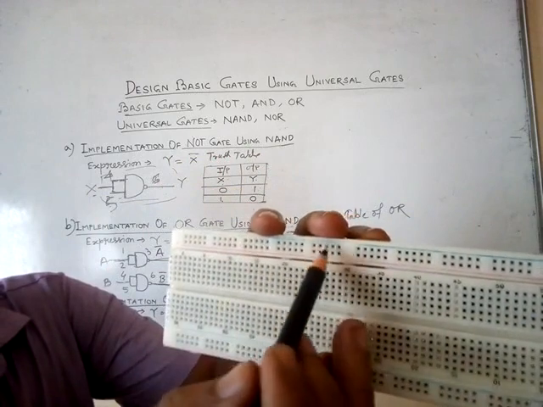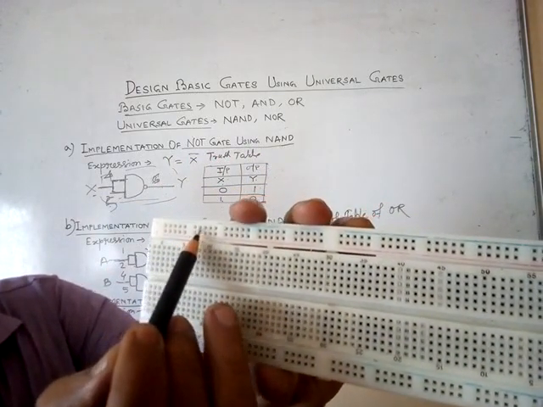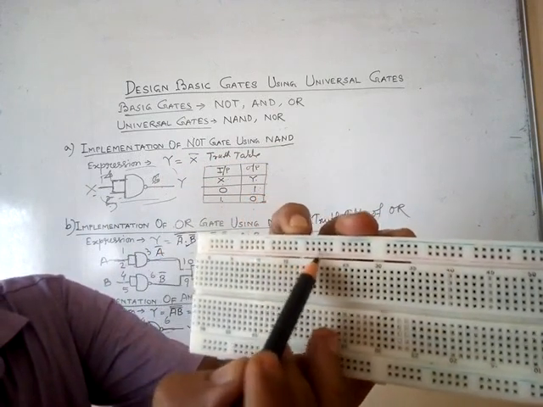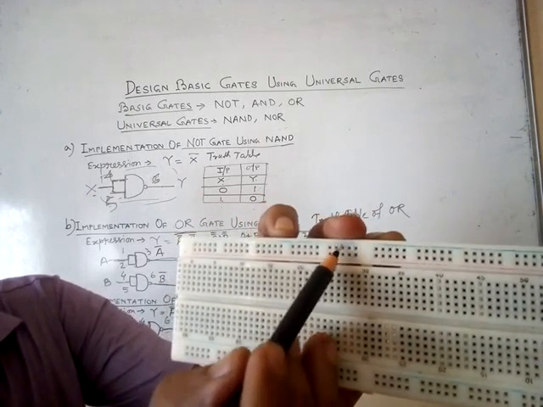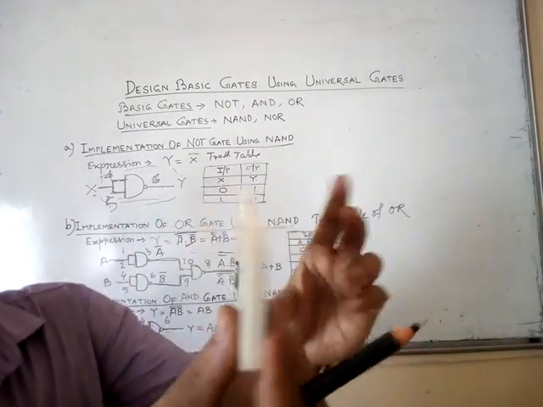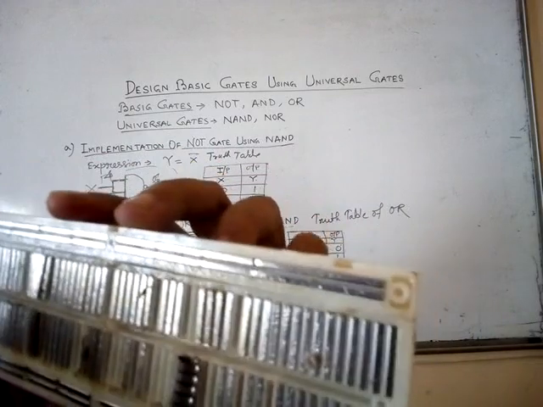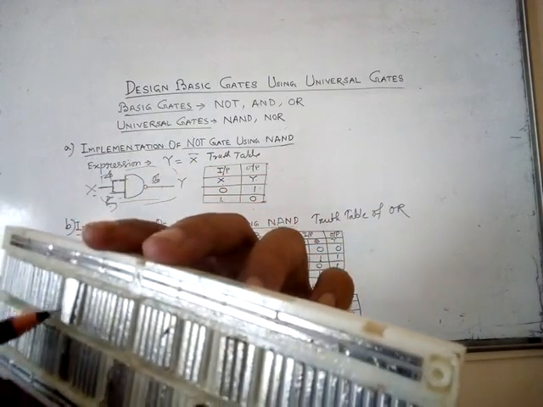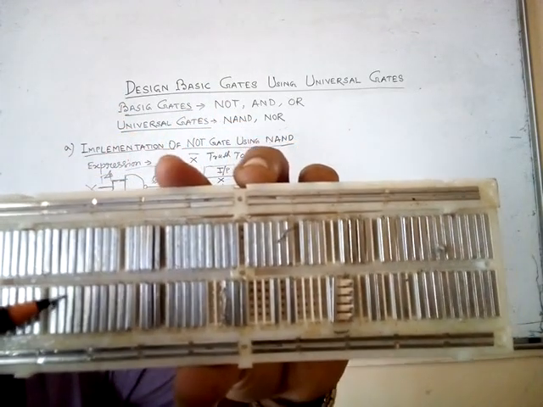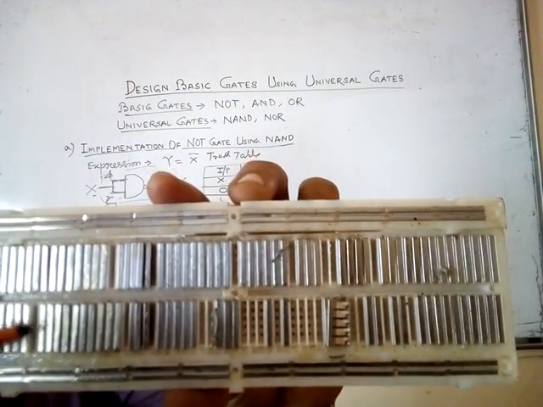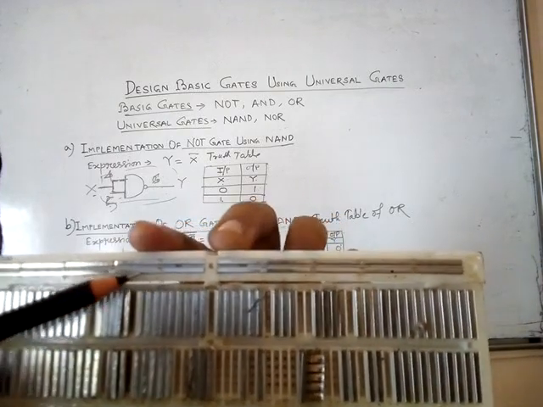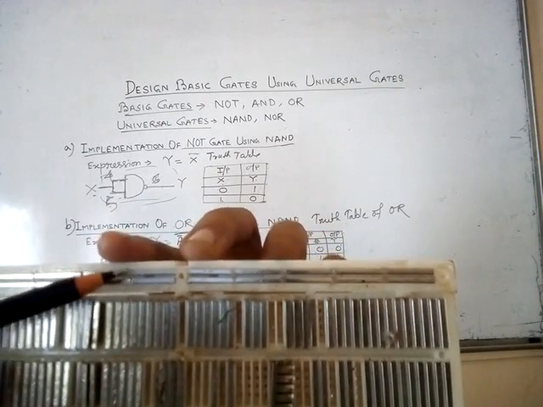At the top and bottom, these lines are horizontally shorted. These 25 points: 5, 10, 15, 20, 25 are horizontally shorted, with no vertical connection, and the bottom has the same configuration. You can see at the back side what I described: this is vertically shorted, no connection. This is vertically shorted, there is no connection, and there is a slot, there is no connection there also. And as I told, these 25 points are connected, with no connection between the two lines.